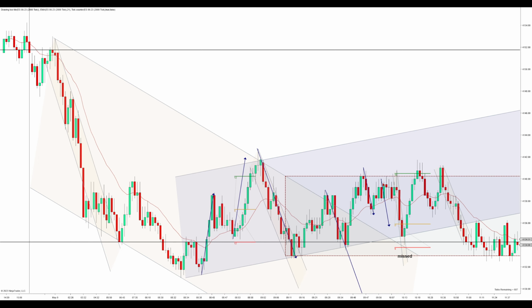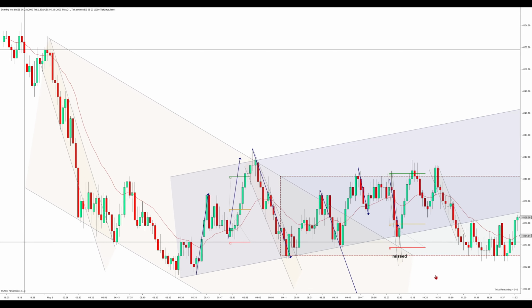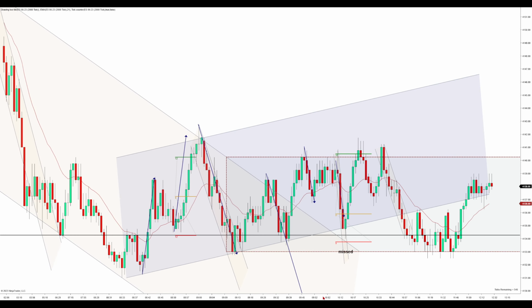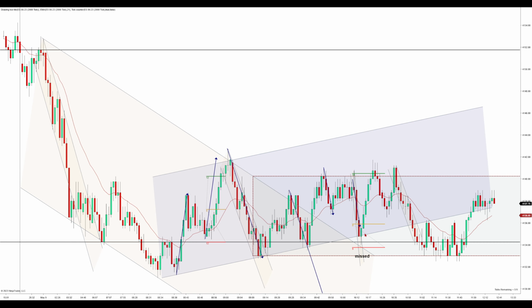But it does get really choppy at first, and there's really no way to get short in this. It's just really choppy, holding on the EMA. The EMA is up, so unfortunately we can't catch this second leg down here. But we do get that second leg, so first entry long, second entry long. We have this creeping up here, so we have this key entry point, which is not like a really strong uptrend,